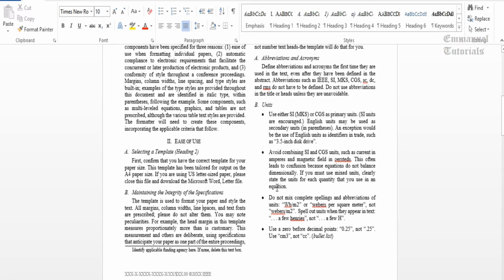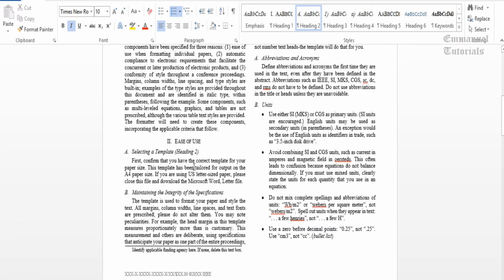Next, they have given you this heading, ease of use. This doesn't need to be ease of use always. They have just given you a model heading which you can replace with the topic which you have in your paper. In that, see the subheading. The first heading you have with a Roman numeral, then you have an English alphabet as a subheading, and then they have given you the subheading in italics. So again, you don't need to change this, just type in your subheading.